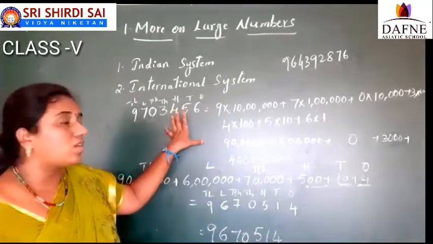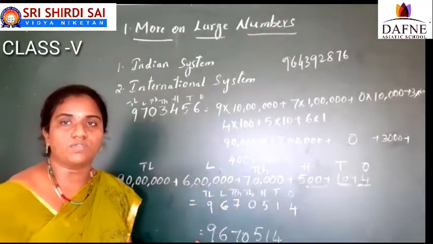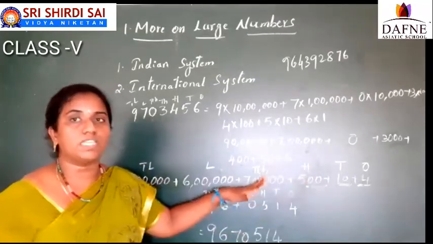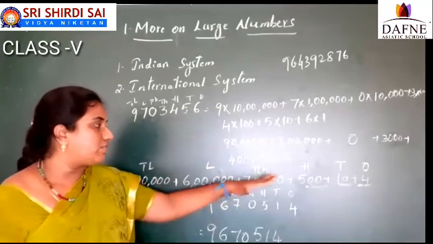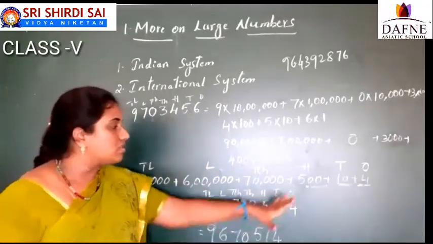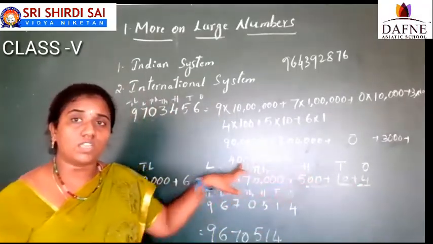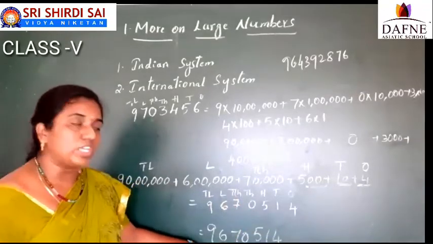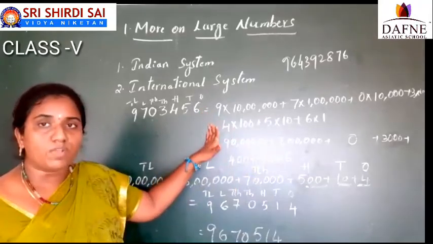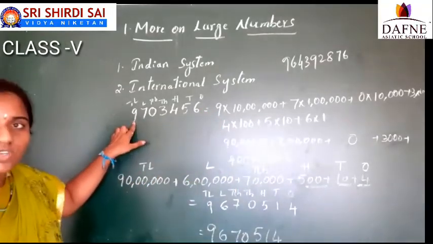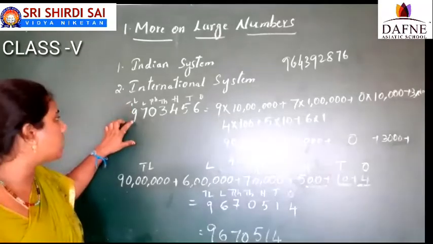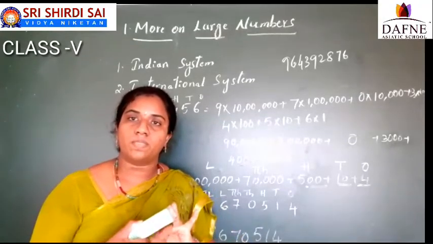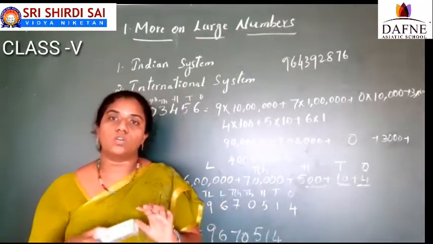So have you understood how to expand a number and how to write in the short form? If they give the expanded form, you have to write the short form like this. Must and should, if you write the place values, then only can you easily write the number. If you do not write the place values, you will get confused. So first write the place values on top of the numbers. In the expanded form also it is the same thing: first the digit into the position of the number, 9 into 10 lakhs, like that. Have you understood expanded form and short form? In the next class we are going to learn how to compare numbers.